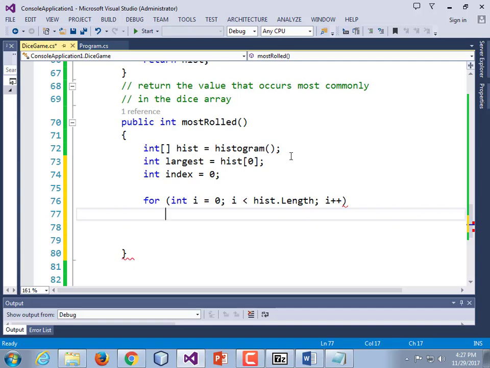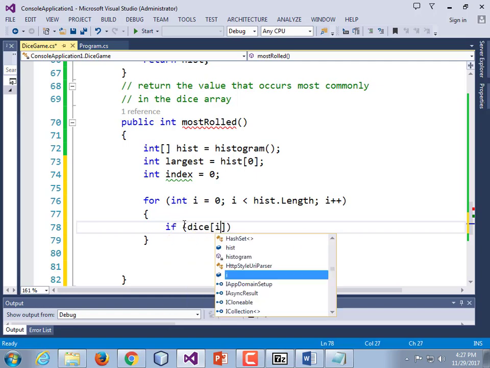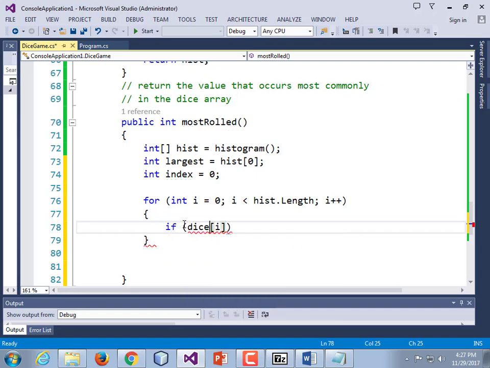Num sides would have been a bad choice. Yeah, it would have been because this array is not the same length as the number of dice, right? We may be rolling a 10-sided die, but have 100 dice in it. The histogram's only going to have 10 elements in it, or 11 if you count that useless one at position 0. So anyways, if parentheses histogram position i is greater than